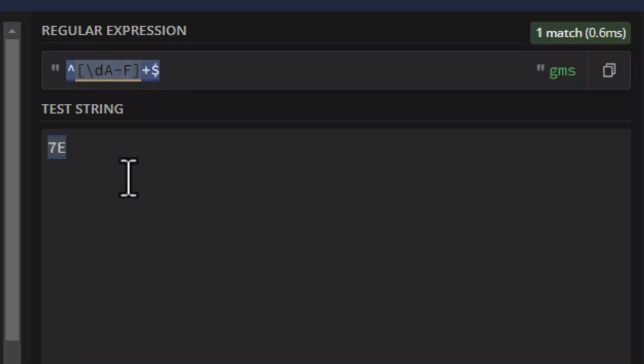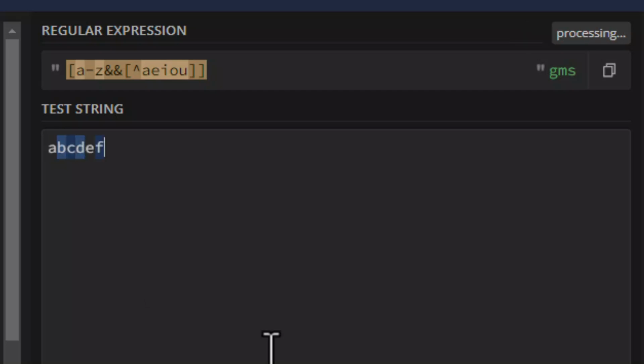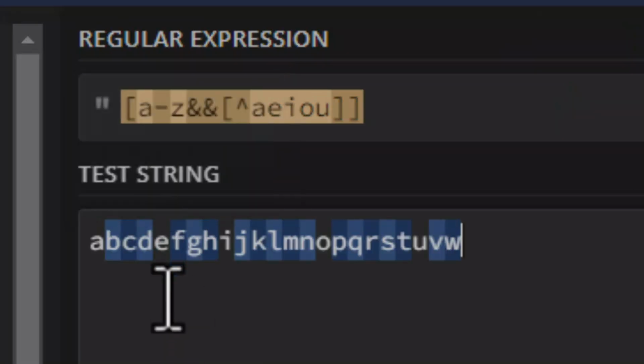So do this: A to Z, and then an intersection operation using double ampersand, and I say a complement set: A, E, I, O, U, all the vowels. I close all of these, and type in the input string: A, B, C, D, E, F, G, H, I, J, K, L. Alright, so you can see it is matching everything except vowels